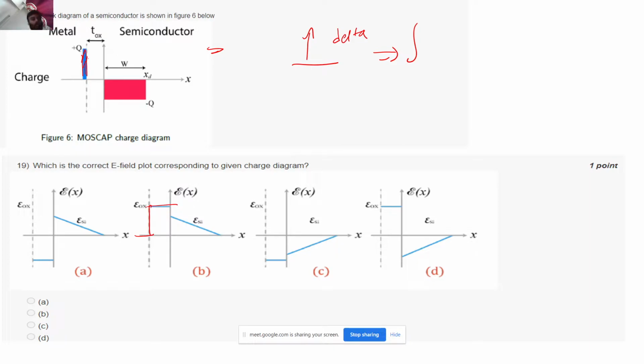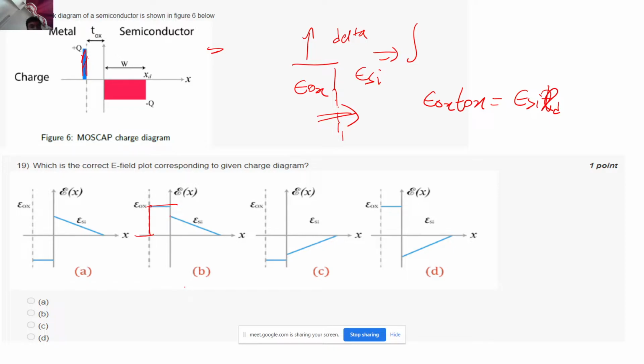And the moment you go to this side, since there is a discontinuity, there is a boundary condition: on one side there is epsilon ox and on the other side there is epsilon si, correct? Because of this discontinuity, the only thing that is going to be continuous is the displacement, the flux density. The electric fields are not going to be continuous because across the interface the electric fields are in the perpendicular direction. So we have to apply epsilon ox into E ox equal to epsilon si into E of the depletion width, maybe XD I can write. So we have to apply this.